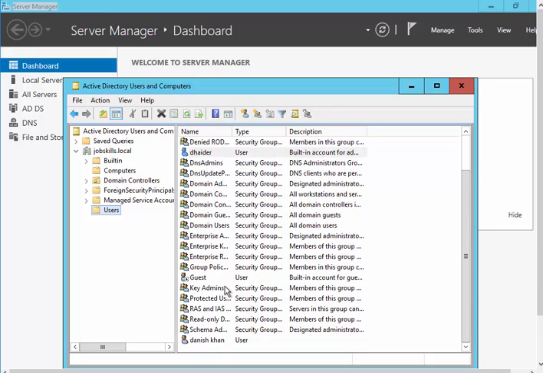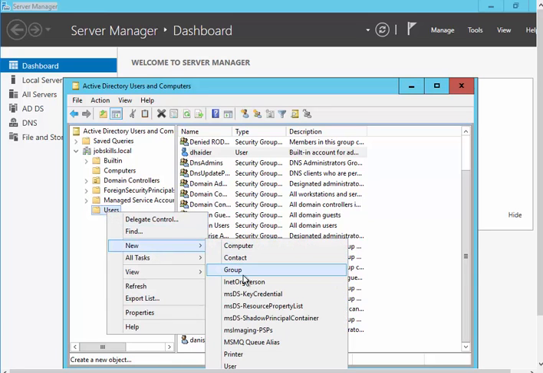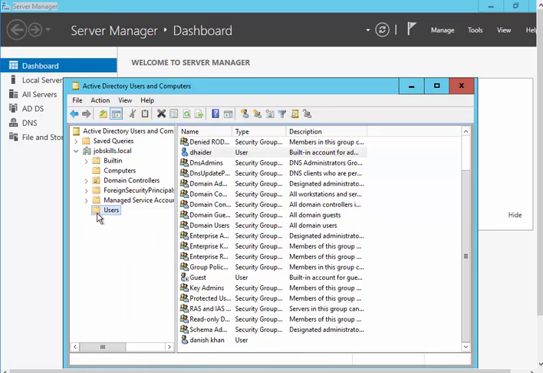So you see by default there's a lot of groups in there, but most of the companies will have their own groups. So they will right click and then go to new, and then they create a group, like there could be HR, like I said, and different types of things they will do. Maybe sometimes they'll put contacts in there, but groups are very common, because of the access and stuff like that.